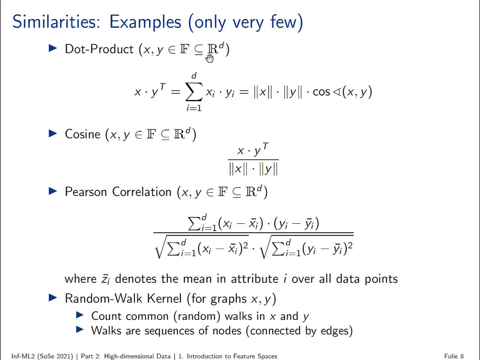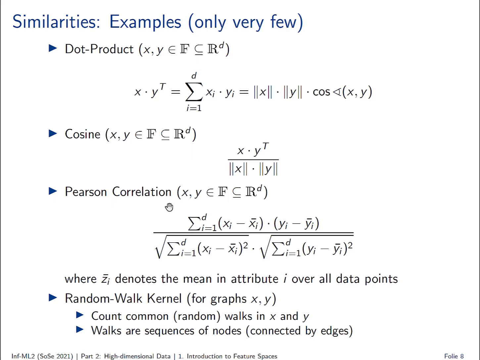We have two vectors, so we always assume that the feature representation is really a feature vector in an n or d-dimensional feature space with real valued features. So the x and y are points in a high dimensional space, a d-dimensional space in that case. Then we can just use the dot product as a kind of similarity model, yeah? Or we can take the cosine between the two vectors, which is given here, or the Pearson correlation coefficient,